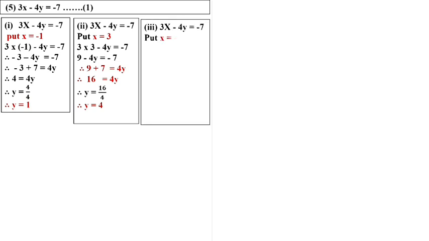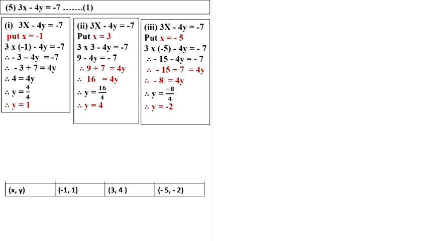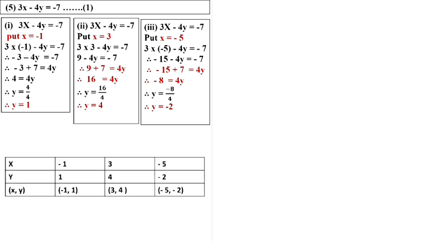Now 3x minus 4y equal to minus 7 is the equation, and here we are going to take the x value as minus 5. 3 multiplied by minus 5 minus 4y equal to minus 7. 3 times 5 is 15, but it is given as negative, so minus 15. Minus 7 will come to the left side and become plus 7. Here we get minus 8 equal to 4y. So now y equal to minus 8 upon 4. 4 times 1 is 4, 4 times 2 is 8, but 8 is given as negative, so the answer is minus 2. Substitute the values in the boxes to draw the graph.